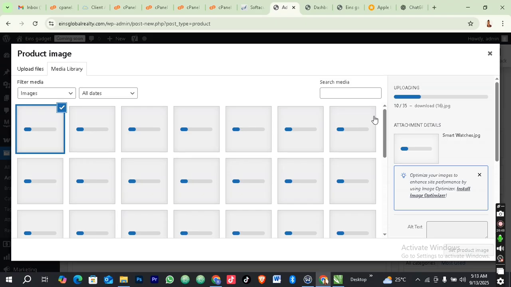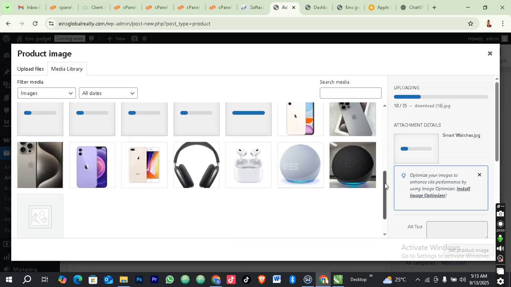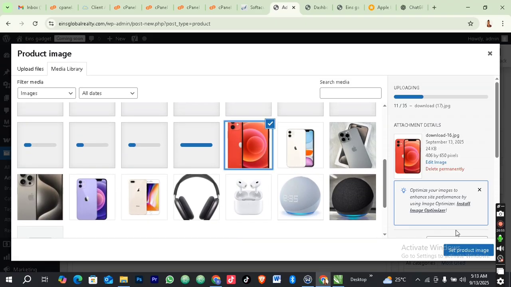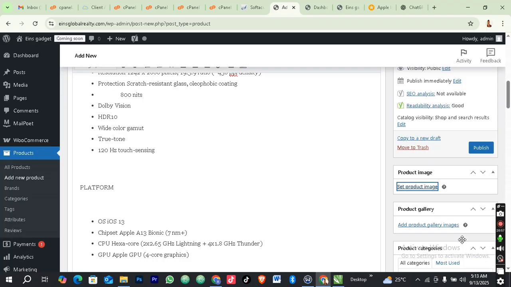The network is becoming a barrier. Alright, it's not really becoming a barrier. Let's take this one for 11. So we'll just select and put them. Then over here, product images